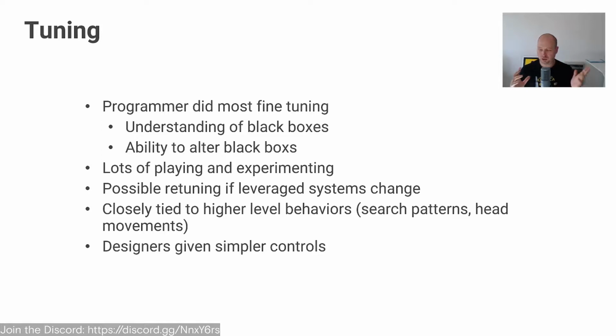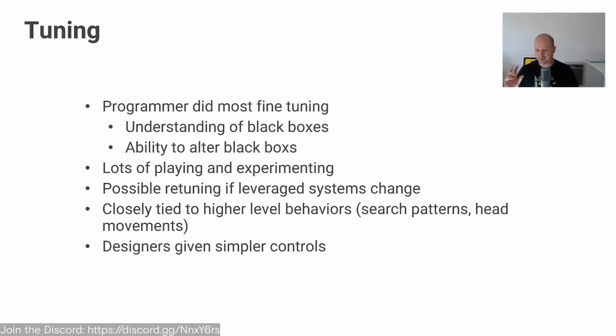And so making this work really well requires a lot of playing and experimenting, and possibly retuning it if the systems change. This is a system that's constantly being addressed, because as you play the game, all of a sudden the AI is too attentive or not attentive enough, and you might have to add more and more layers to compensate for that, right? Like I'm playing a game and I have a level that requires weather, and I need to reduce the attentiveness of the AI to compensate for the weather, because I'm going to have way more enemies in that or whatever.